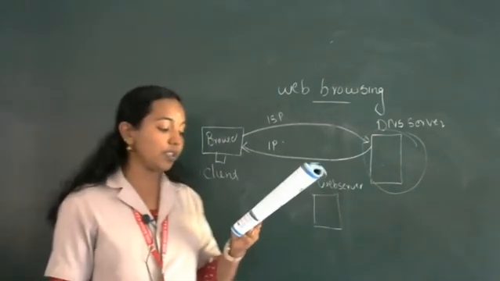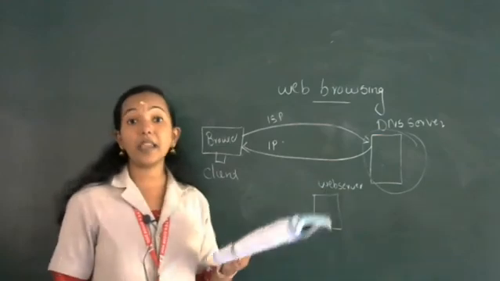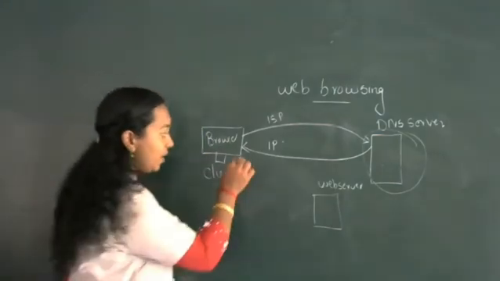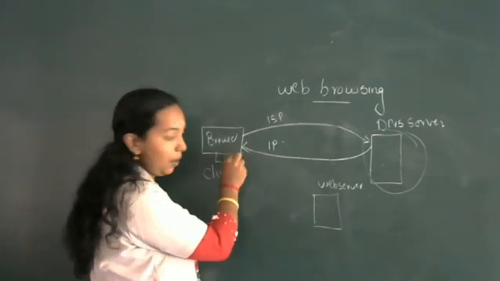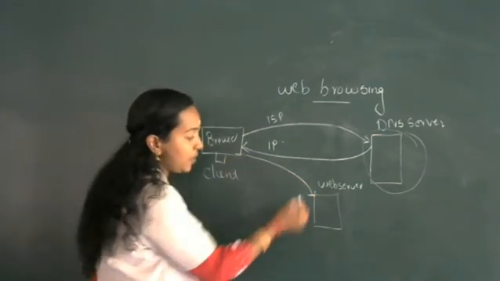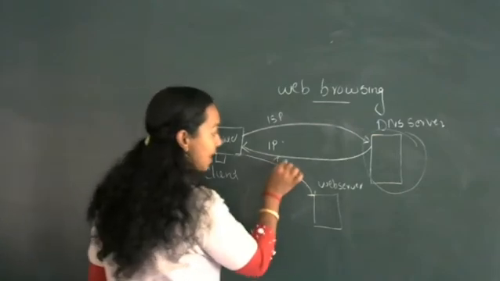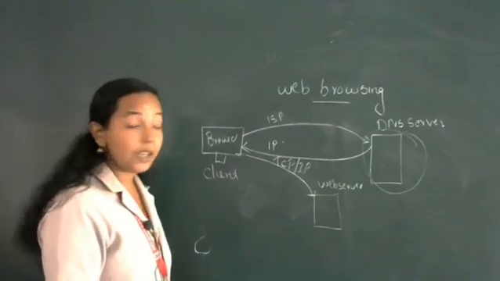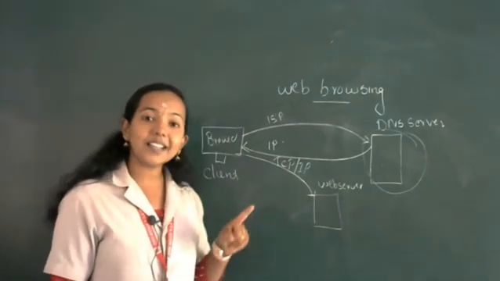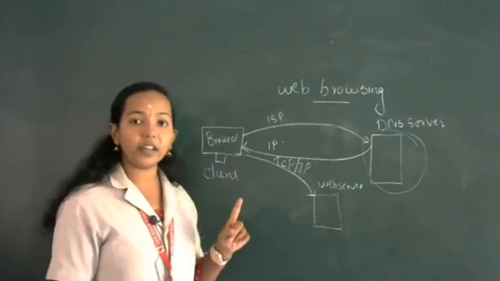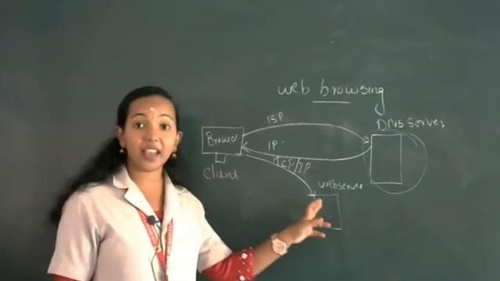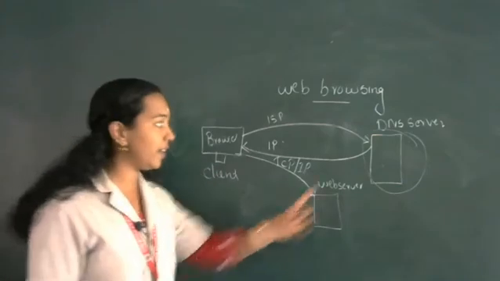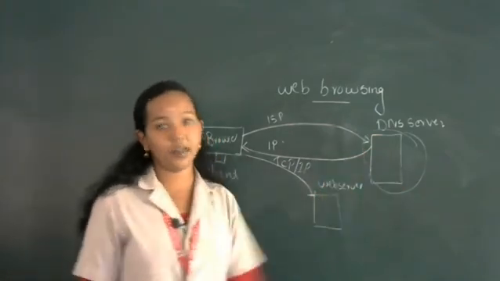Then, fourth step, the browser makes a TCP connection to the web server at that IP address. So now the IP address is with the browser. Then the browser will send a request to the web server, or it establishes a TCP or IP connection. TCP or IP means Transmission Control Protocol or Internet Protocol. It establishes a connection with the web server to get the information regarding the IP address returned by the DNS server.